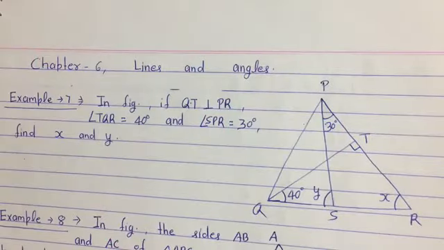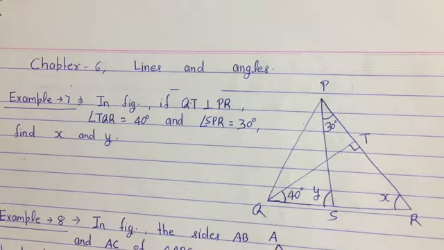So, in today's class, we are going to discuss mathematics of your class 9th, and it's your running chapter number 6, and the name of the chapter is what? Lines and Angles. Previously, we discussed the last concept of this chapter, and what was that concept? The concept of angle sum property in triangles. We know it very well now that the sum of all angles of a triangle is 180 degrees.